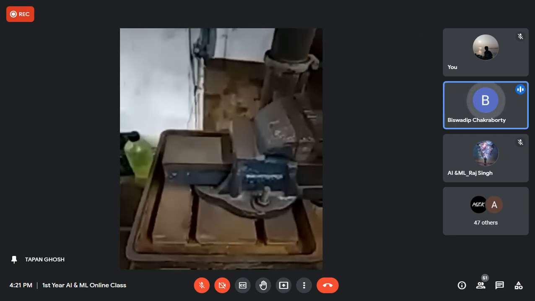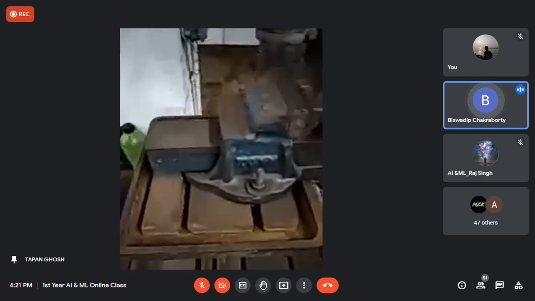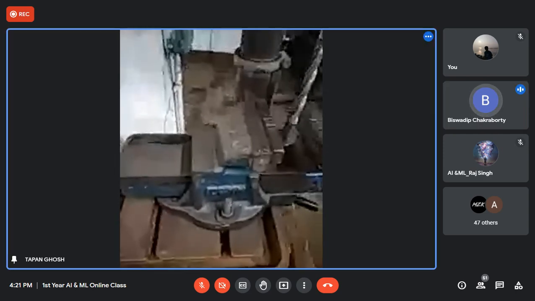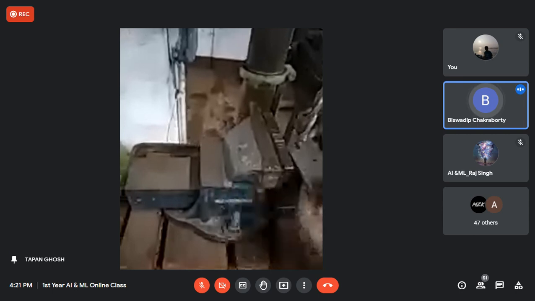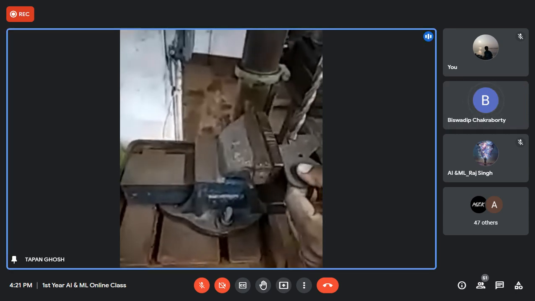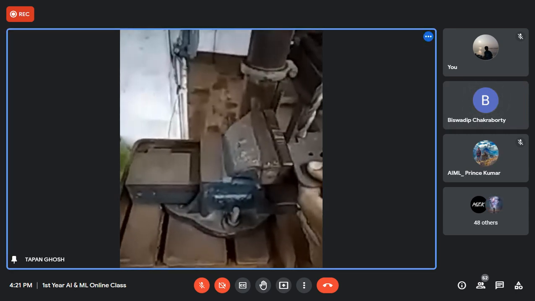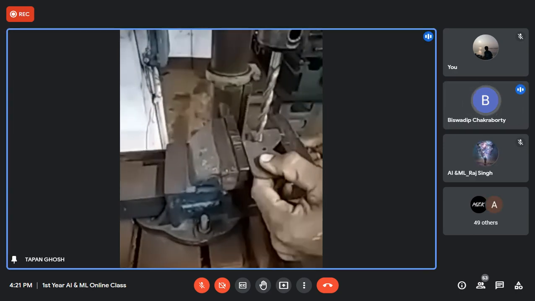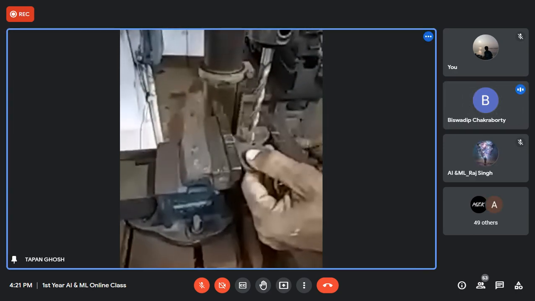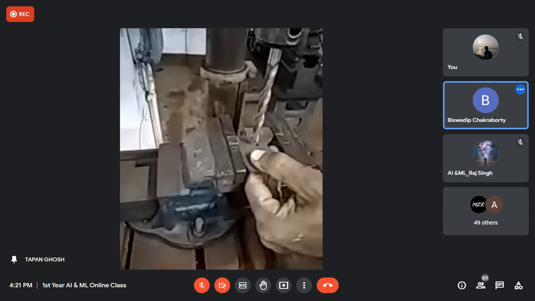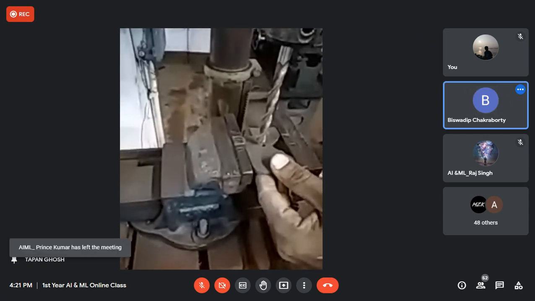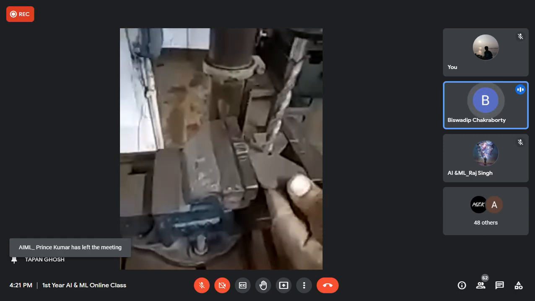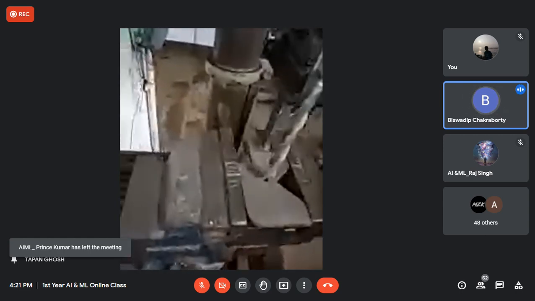Depending upon the size of the hole, we can change the drill bit. Drill bits come in many dimensions: 10 millimeter, 5 millimeter, 7 millimeter. As per the diameter of the hole and your requirement, we fix the job here and then run the drill machine. The drill bit starts rotating, and we press it down.